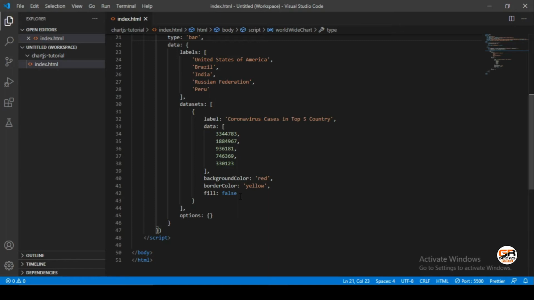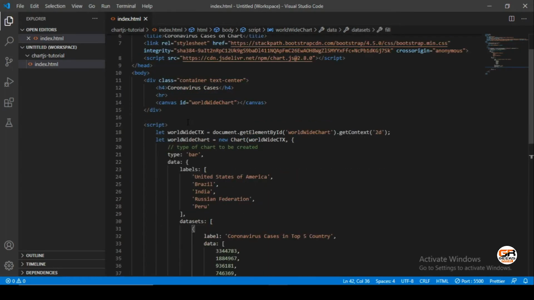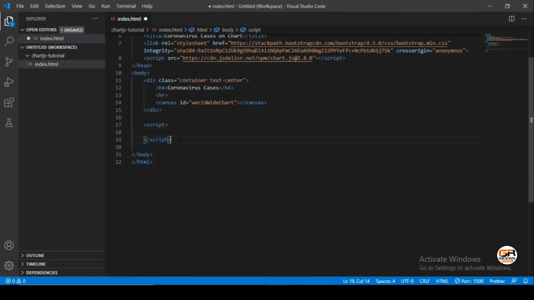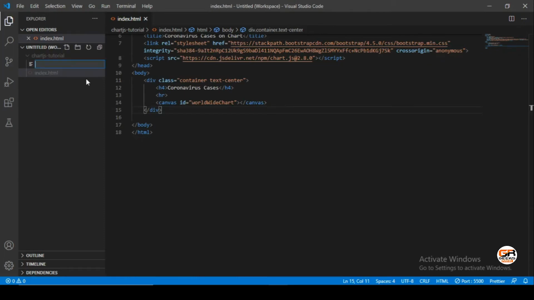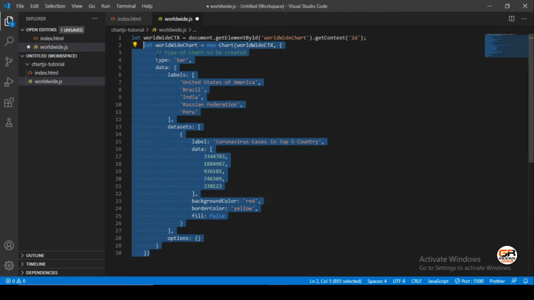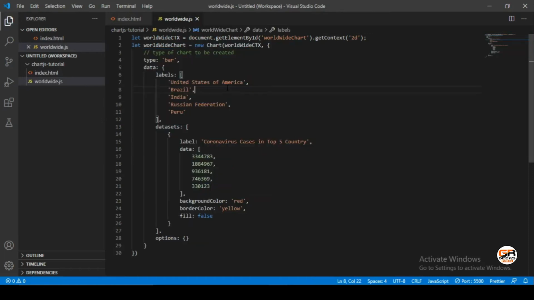For that, we will cut this script and put it in a separate file. Just cut this script and remove this script tag. Let's create a script file here and name it worldwide.js, and just include it here.